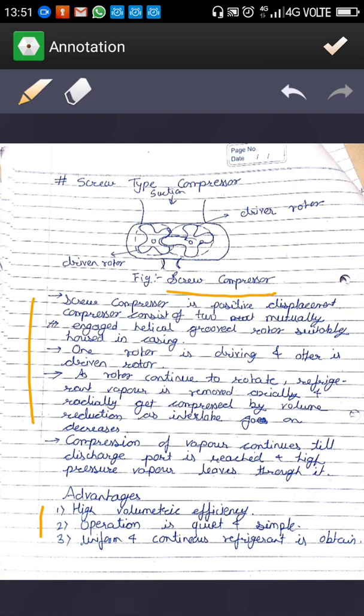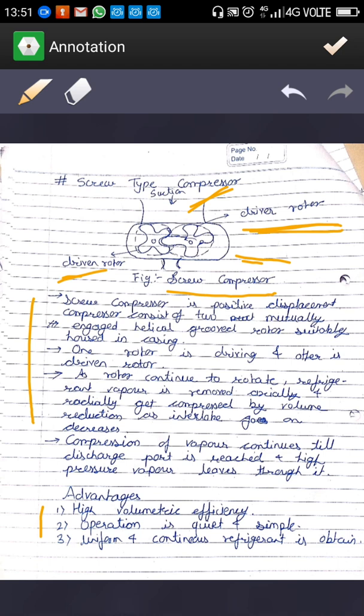diagram. What are the main components of the screw compressor? There are two rotors that can be seen here. One is the driver, another one is the driven one, which is enclosed in a cylinder type casing, having one end as suction and another one as discharge, or maybe it is a closed one. Okay,